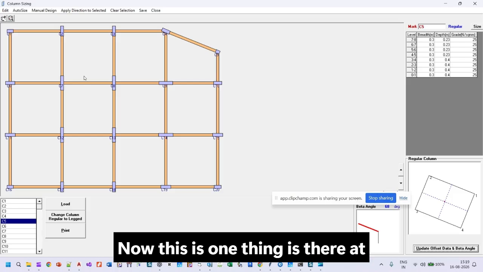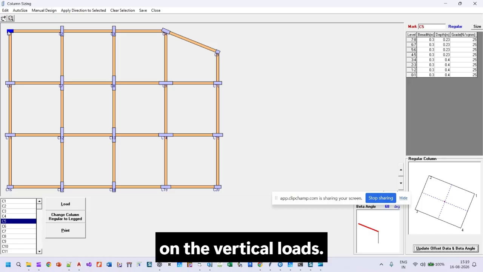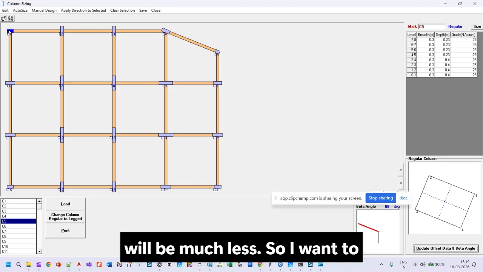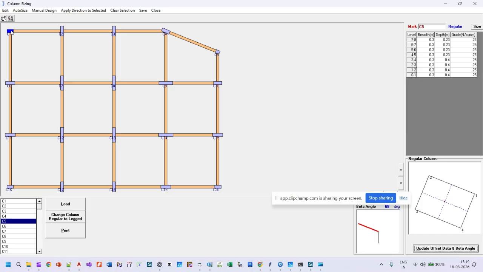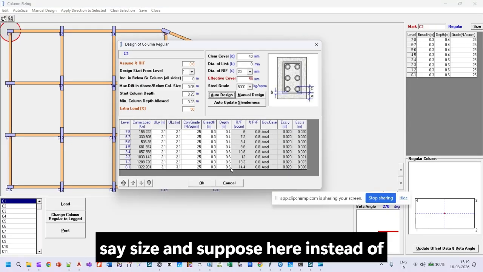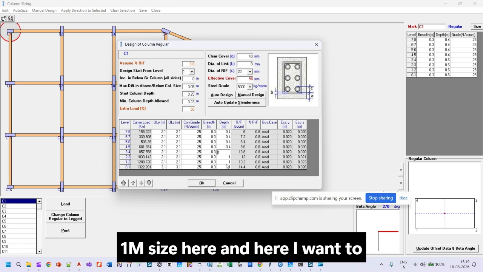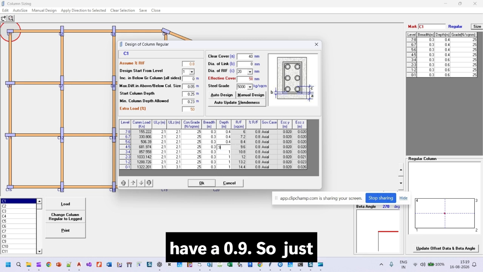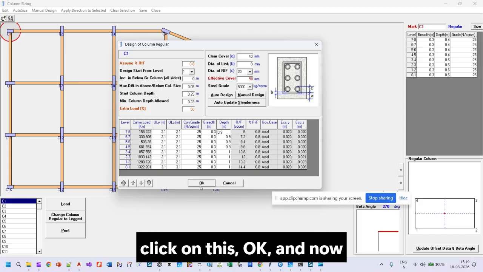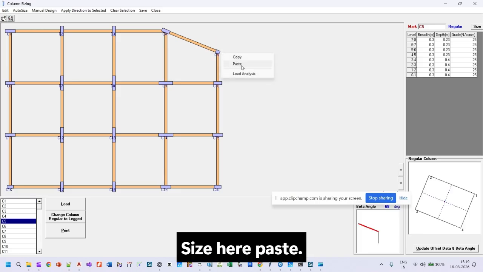Now there is one thing: just now the column sizes are based on the vertical loads. So at the corner the load will be much less. So I want to increase the corner column size manually. So I click on this, and I say size. And suppose here I want to have 1 meter size, and here I want to have 0.9. So I'll just click on this, OK. And now I'll say copy this size here,